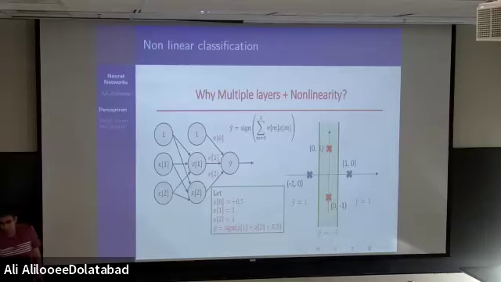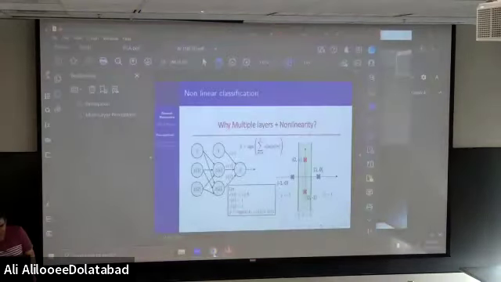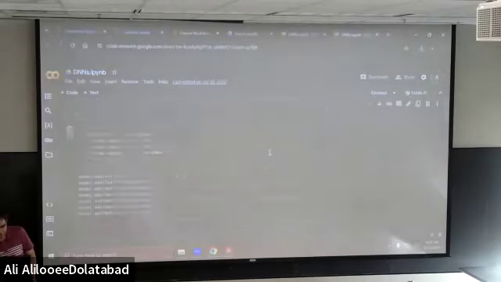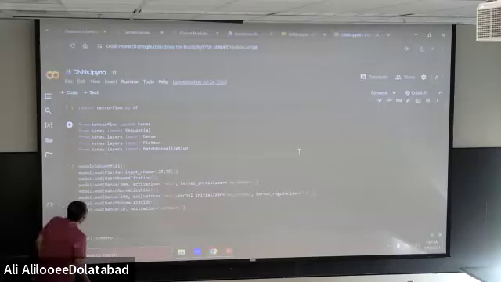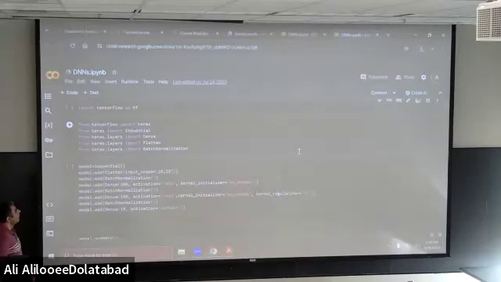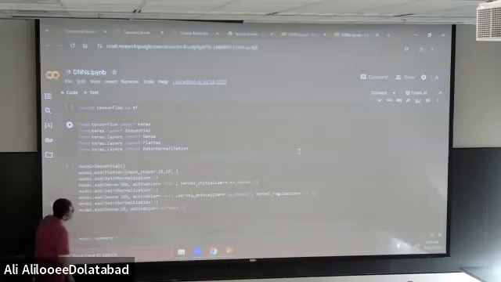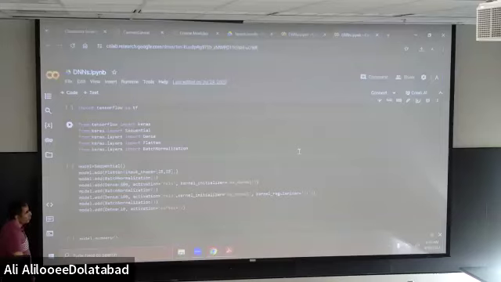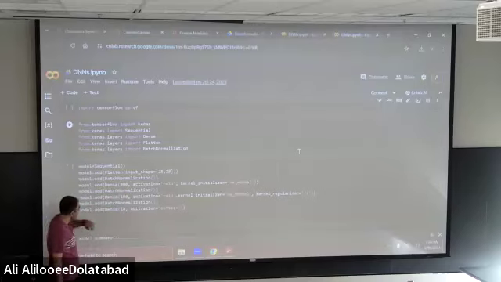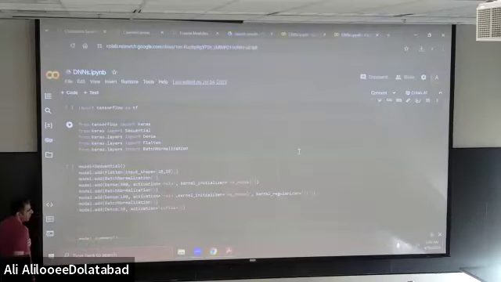We also explained about Keras, and today we want to continue a little bit more about it. Keras is a package that we have in Python. It is used very often for deep learning. I also explained about training one model. If we want a neural network with two hidden layers, in each layer we can assign how many neurons we have. For example, here the first layer has 300 neurons, and in the second layer we have 100 neurons.